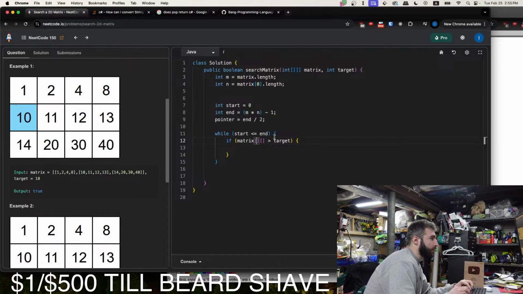That by doing pointer mod, is it m or n? We do that by doing pointer mod 0. So this is 4. So 6 pointer mod 4.